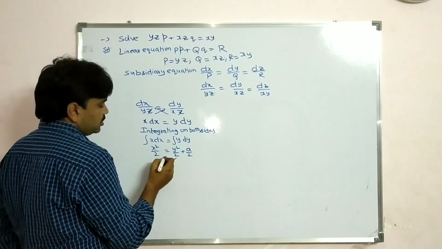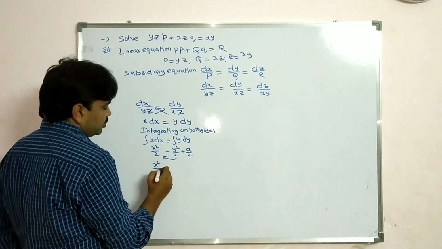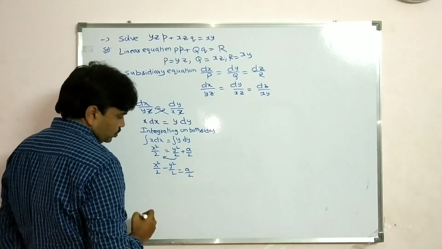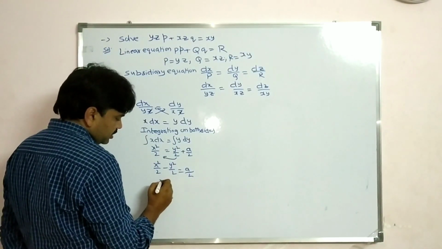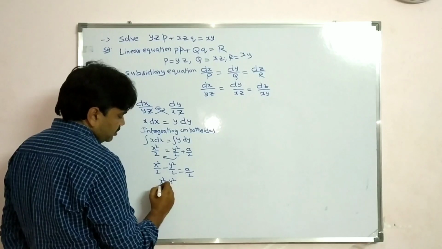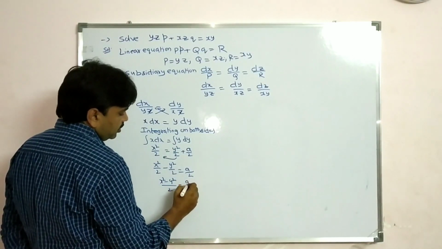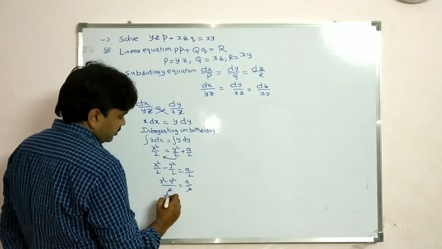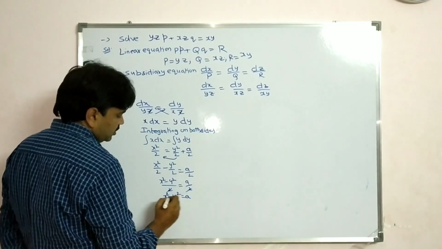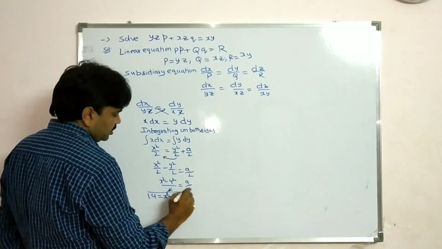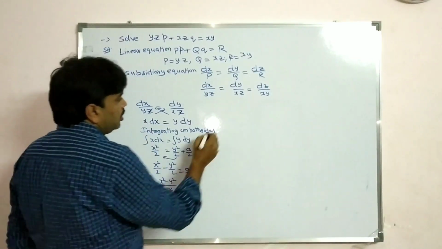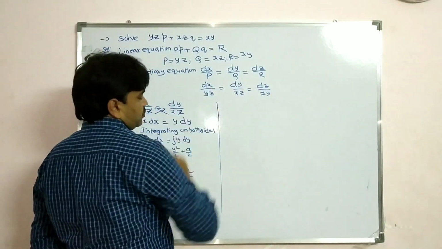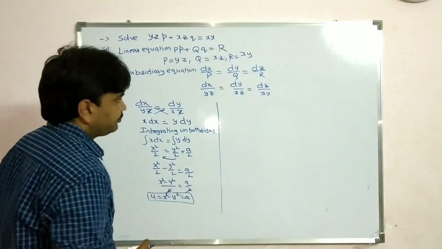Now you transpose the left hand side. So x square by 2 minus y square by 2 is equal to a by 2. What is the LCM here? X square minus y square, LCM is 2 here, students. So that is equal to a by 2. The 2 cancels. We get here x square minus y square is equal to a. So this is u, students. Now I want to take the second and third equation for finding v.